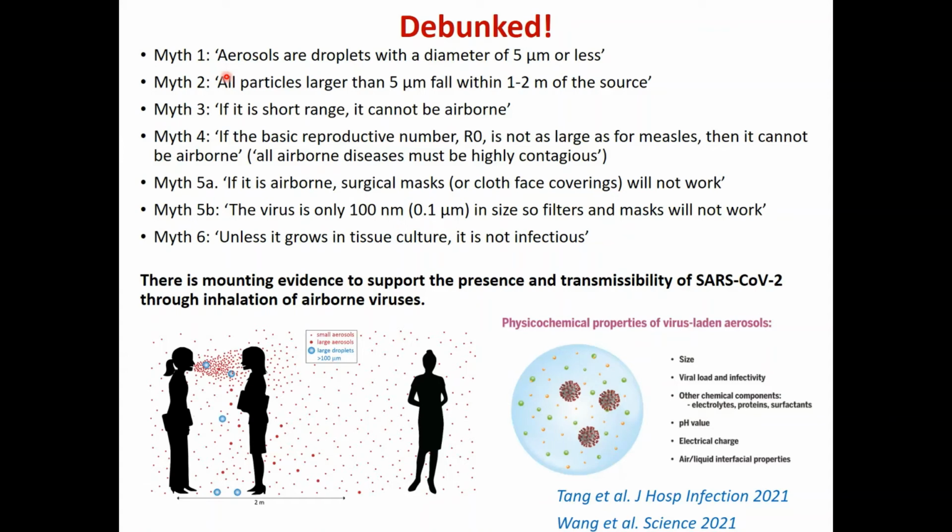Myths 5A and 5B both are about protection, how masks work, and again, a lot of misinformation, that if it is airborne, then masks will not work because they only work for large particles. Well, it's the general filter theory. Air filters are the same. So you put something in front of the particle, and depending on the size, some will be more effective, some less effective, and